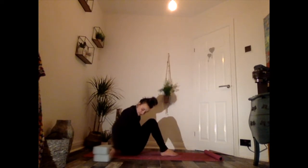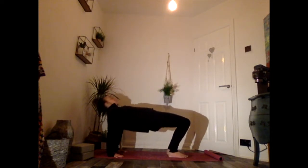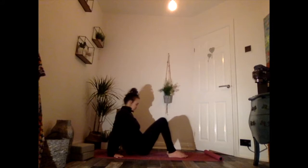Slowly release the hands down behind the sit bones. Push the feet into the floor and inhale to lift up the hips as high as you can. Allow the head to fall back if it feels comfortable. Take a deep breath in reverse tabletop. On your next exhale, lower the hips in between the hands and roll the back down